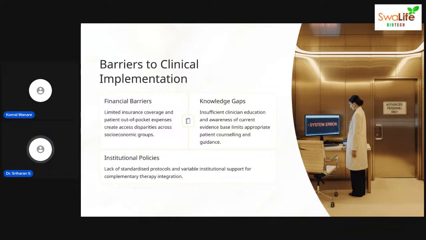So what is the barrier? The barrier is financial. Why do I say that? Wheatgrass has no claim on that. Some insurance companies have a limitation for wheatgrass coverage. So that is a financial barrier. Then the knowledge gap, due to the lack of